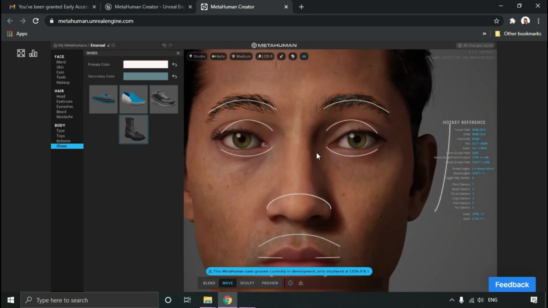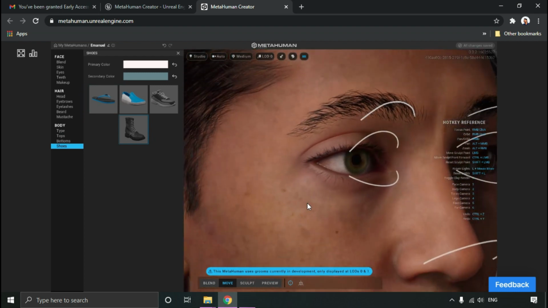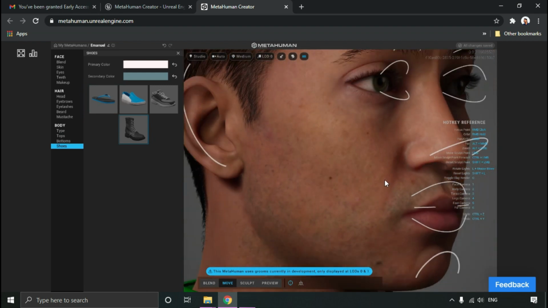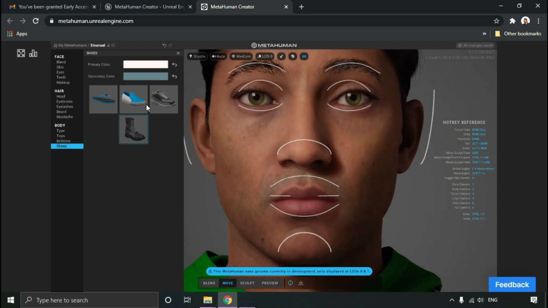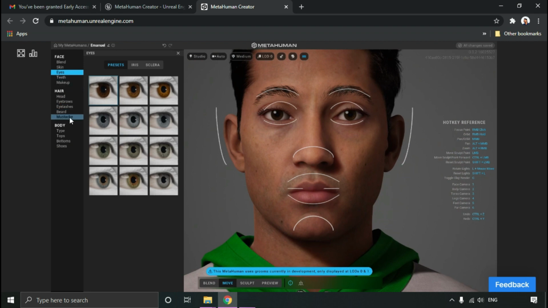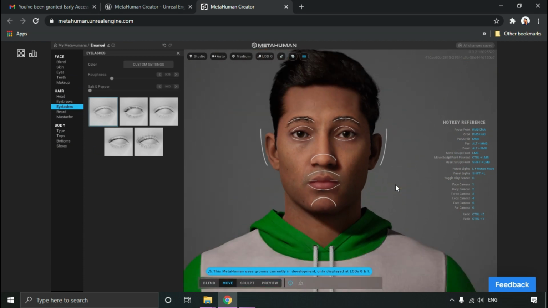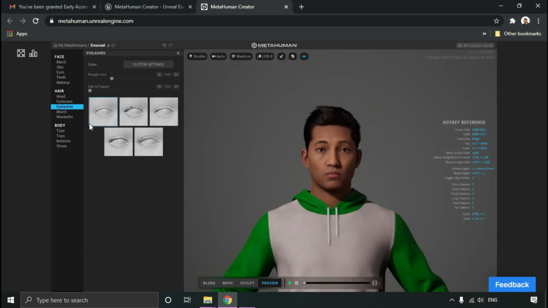And as you can see, the quality of Unreal Engine. Look at the face texture, man. Beautiful. This is just beautiful. I think I want deeper eyes. Let's go to eyes and select this preset. And the eyelash is not matching. Okay, this is good. Now let's go to the preview option, and we have our character ready.